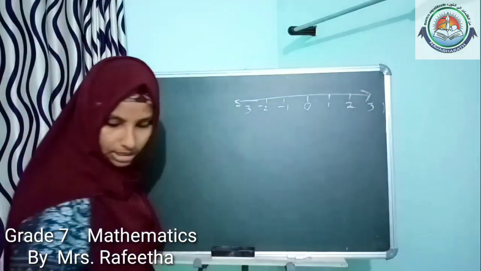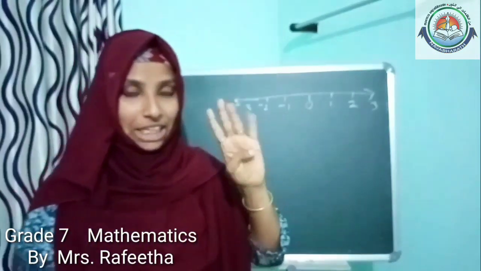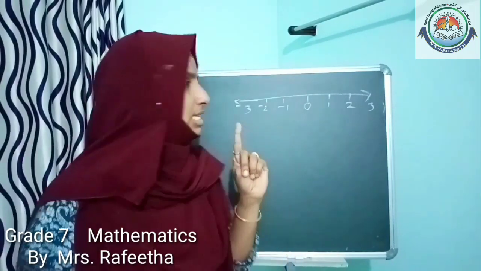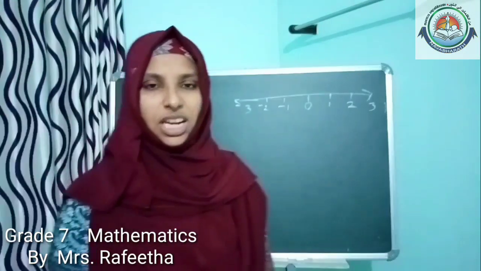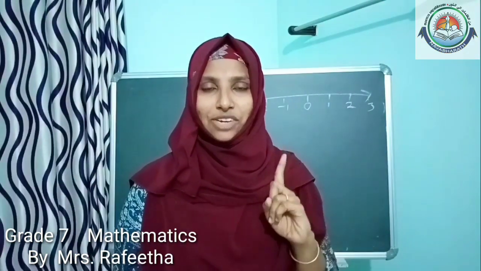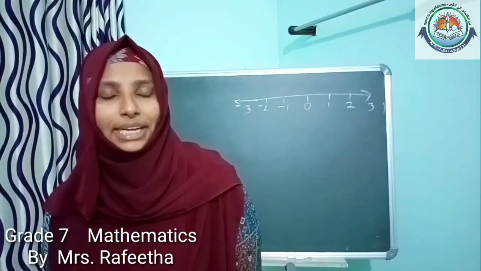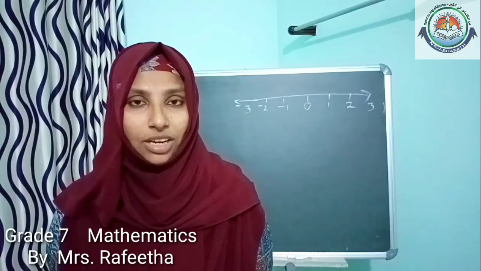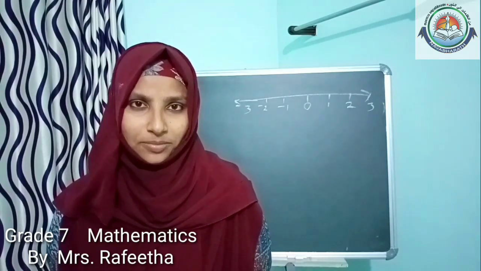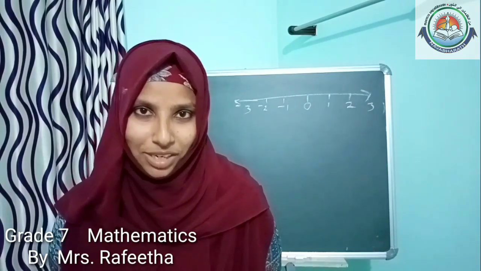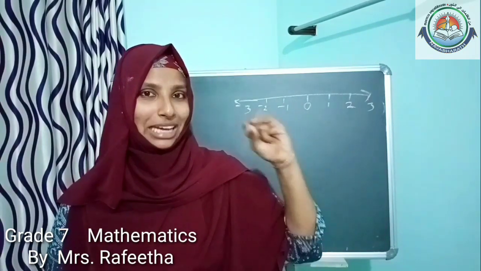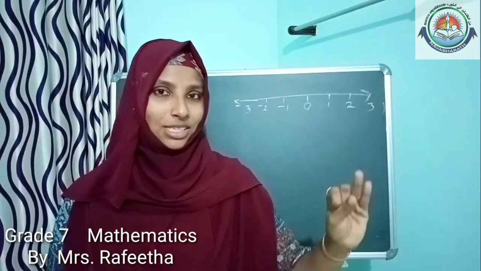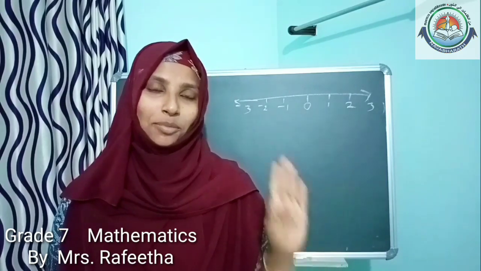Okay. They asked the sum of the first 4 negative integers. That is, what is the sum of first 4 negative integers? Which is the first negative integer here? Anybody can tell? Which is the first negative integer? Yeah. Minus infinity. I am giving you the options: minus infinity, minus 1, 0, 1, positive infinity.